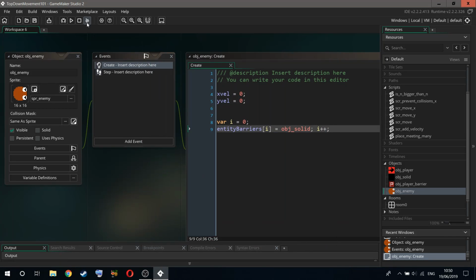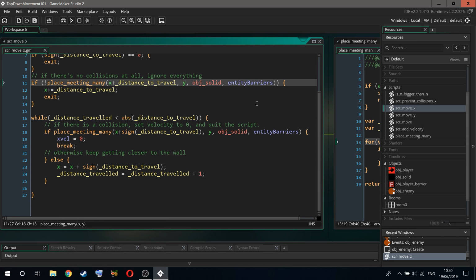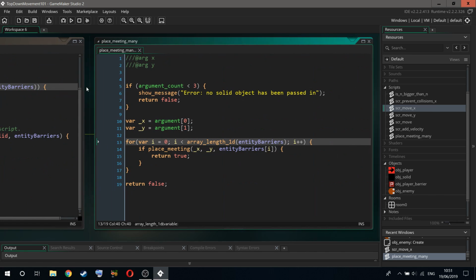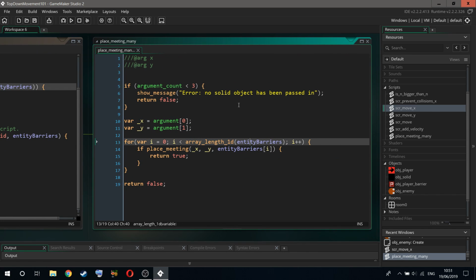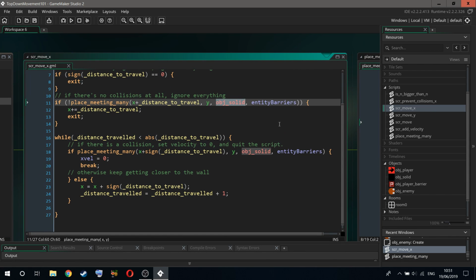So far so good. And what else did I want to change about movement? Now you have a way to have... That's weird. What's happening? I was passing in object solid here. So what's going on? Okay, I just didn't have a place meeting for object solid. I guess this is better anyway because we avoid repeating, right? So instead of object solid, we're